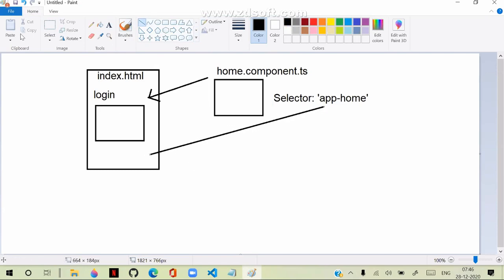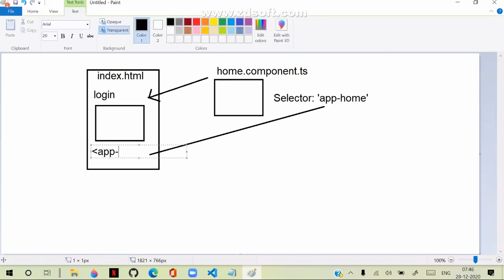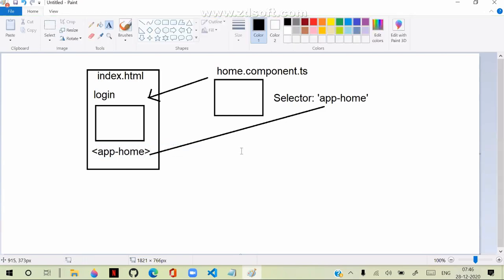Generally, the selector is used in the page as an element, like app-home. So the selector is very important to access your component and use it in any page.